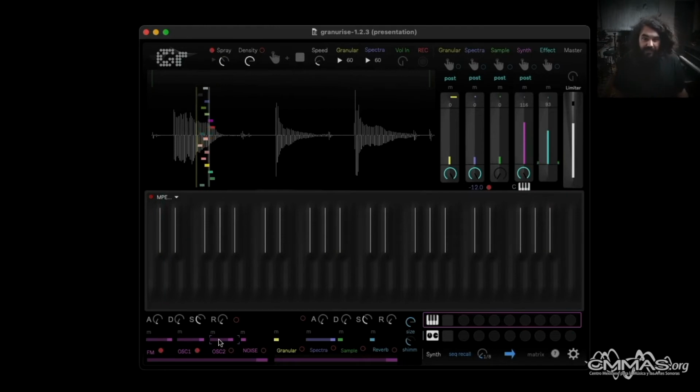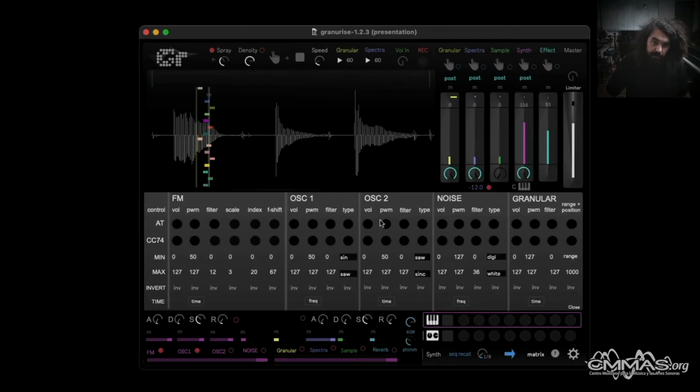I think you get the idea. Then we also have an advanced matrix section where we can do a lot more things in terms of MPE, and we can control different parameters with it, also on the granular part. So this can be really interesting, but it will take too much time to explain all,